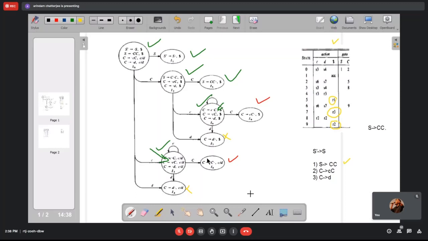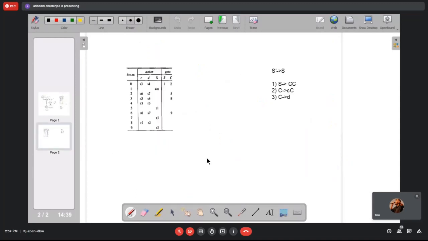So if you want to implement LR1, of course it is much more powerful, but it comes with an additional cost of more space and time requirements, which is not feasible for practical parser generators. So in order to avoid that, a third type of parser is implemented. Unfortunately, we are not going to talk about that because of lack of time, and this is known as LALR.